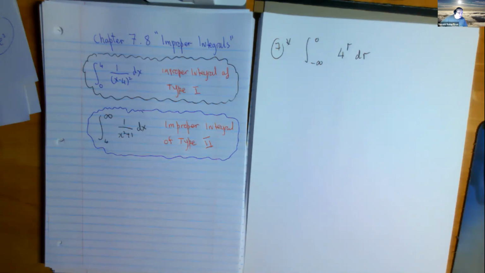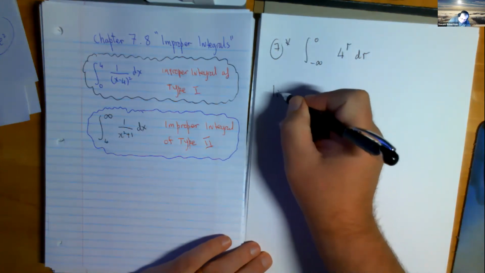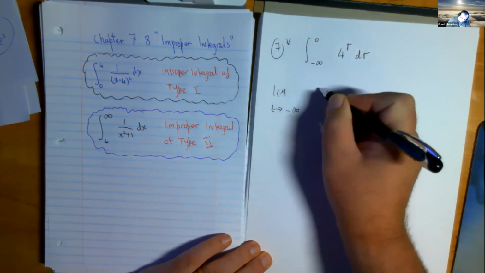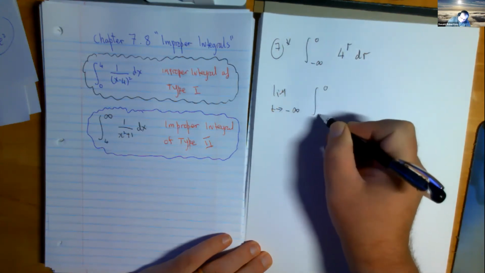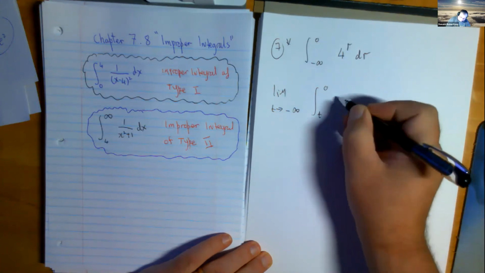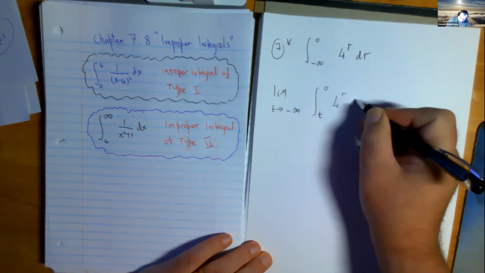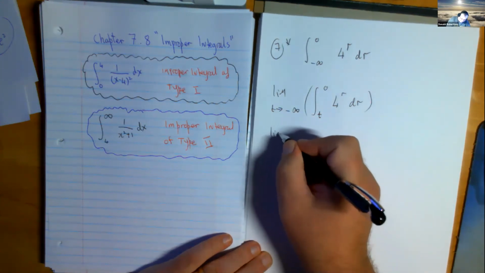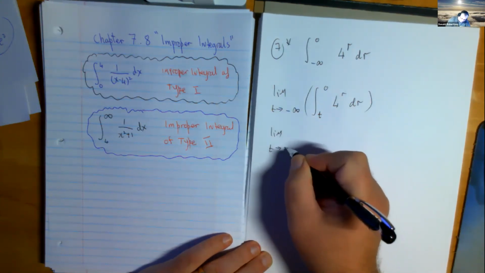That's not a biggie, right? Can you turn them into x's if it really bugged you? It's going to be the limit as t tends to negative infinity, 0 to t. And the last piece that I'm going to help you with,